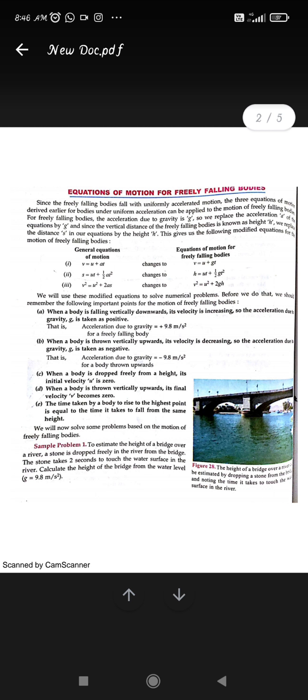And we have seen how a body kept on the surface of the earth is influenced, and what is the force acting on that object, and the weight always acts in the downward direction, right? In this session we are going to see the numericals related to the equations of motion, that too for freely falling bodies, where we will use the value of small g, that is acceleration due to gravity.